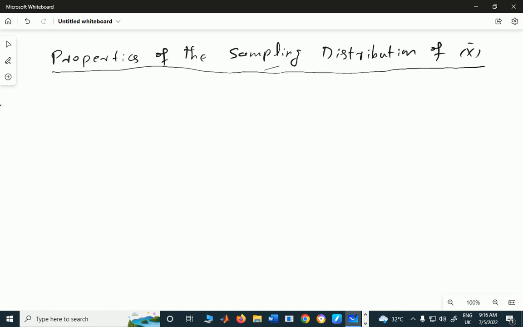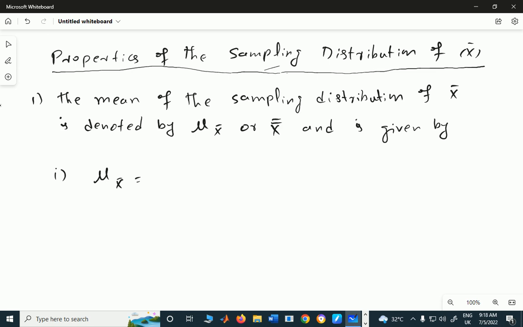So, today we are going to discuss the properties of the sampling distribution of sample mean. So, the first property is, so this is the property. The mean of the sampling distribution of mean is denoted by mu x bar or x double bar, and it is given by mu x bar is equal to mu. ठीक है, this for both the cases,